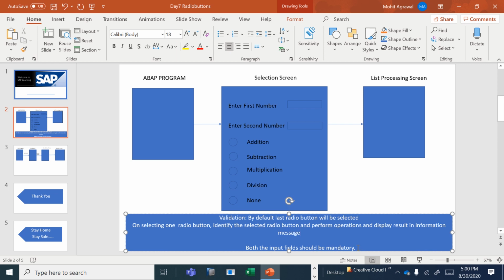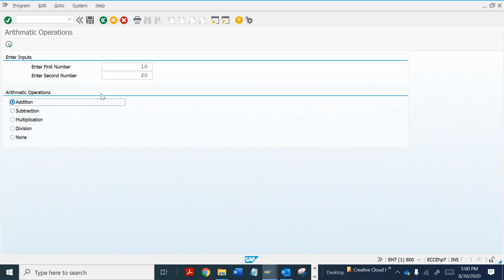And these things we have already done: the input field should be mandatory and all the other things. So let's discuss this in the system.